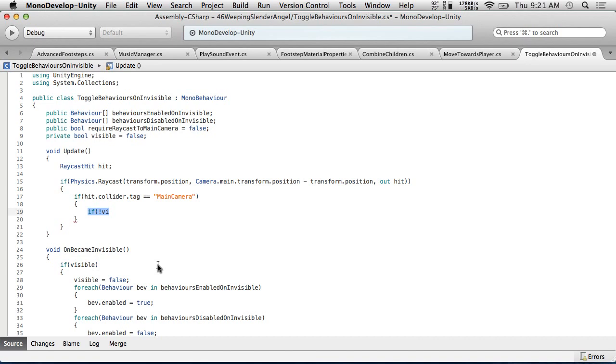I've coded myself into a corner, and it's the morning and I can't get myself out of it, and it's an easy corner. All right, so on became invisible. Alright, let's not check. So we have visible, and then we also need to make sure if the raycast is working. So let's create a separate variable, private